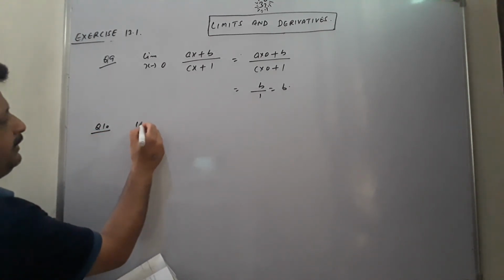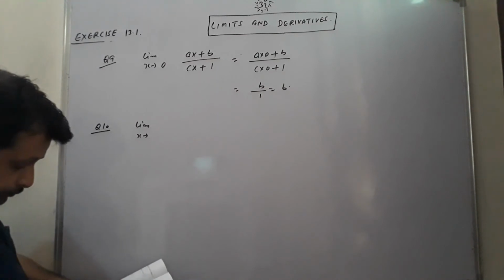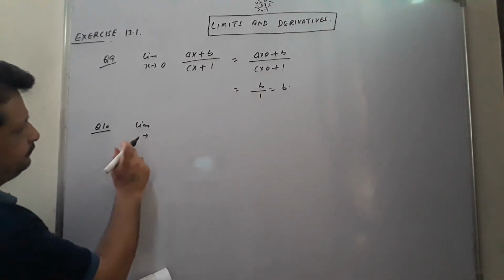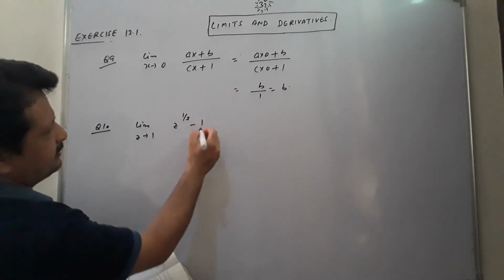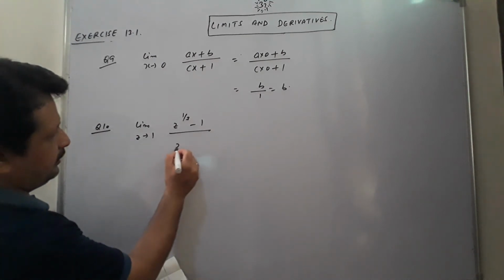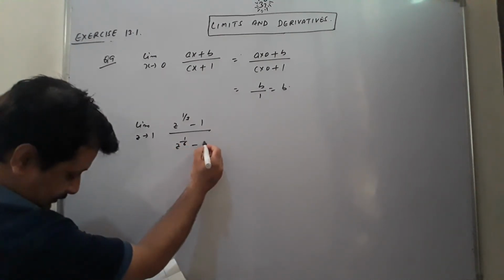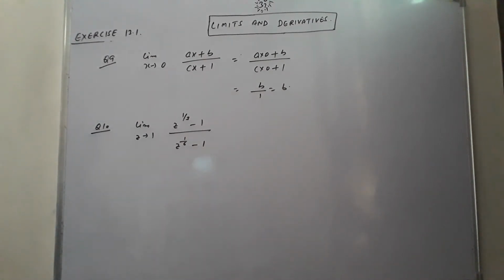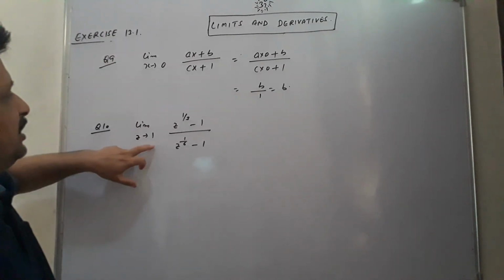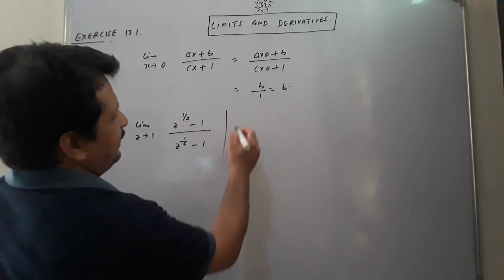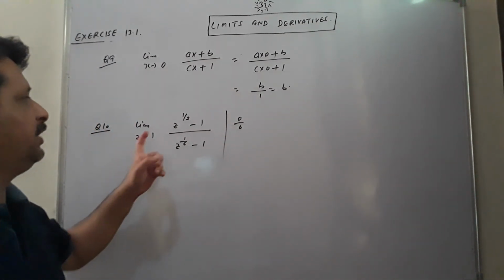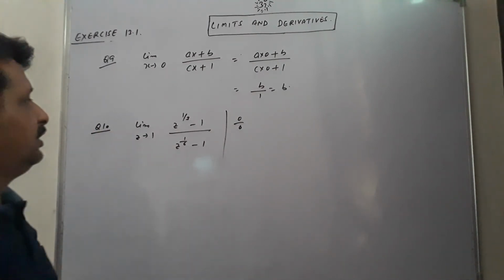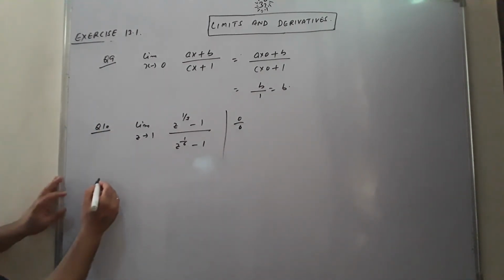Question number 10 is limit z tends to 1 of z to the power 1 by 3 minus 1 upon z to the power 1 by 6 minus 1. So students, this is a different question, because if z tends to 1, I will do it once again, it will make the form 0 by 0. So it means we cannot put the z value directly here in the given question as a limit. So we have to make some change there. What change will I make? Let us see.